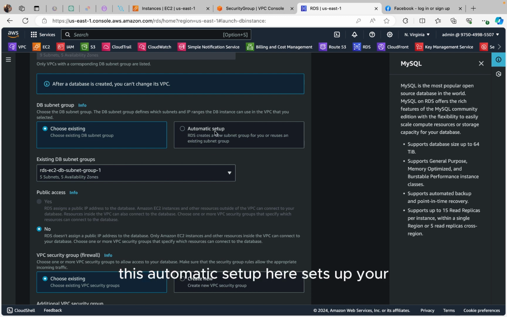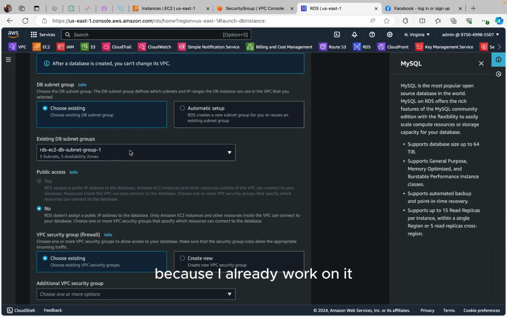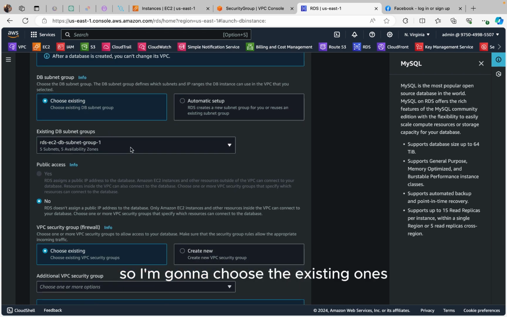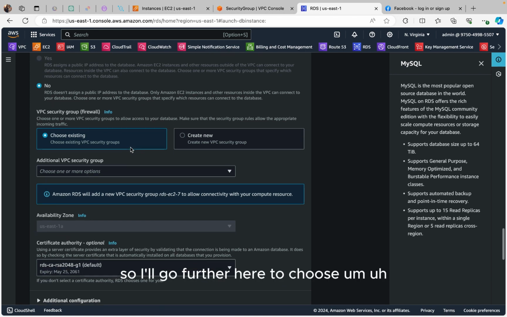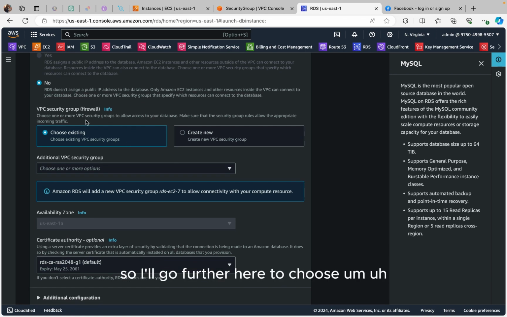This automatic setup here sets up your subnet as private or local, which means that it will just be local. It's not going to be granting it an internet gateway. So I'm choosing this one because I know that it is private, because I already work on it. So I'm going to choose the existing ones. So I'll go further here to choose